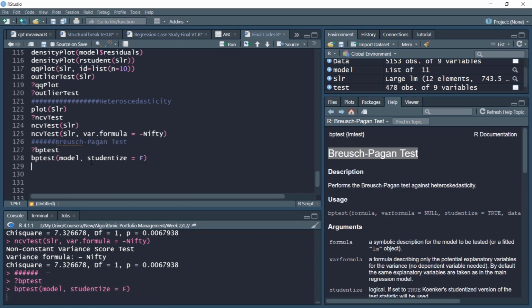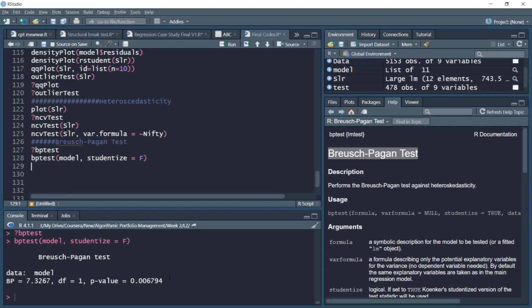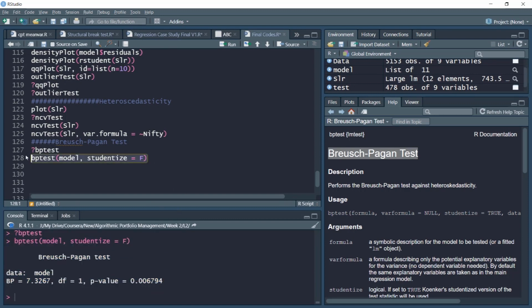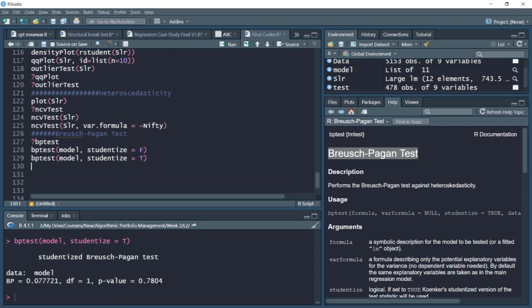Without studentizing, again a very significant p-value, very similar to the one we had earlier, which indicates a very high level of heteroscedasticity. If we studentize the error values, this time we are not able to reject the null of homoscedasticity.